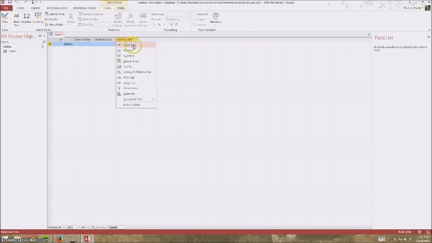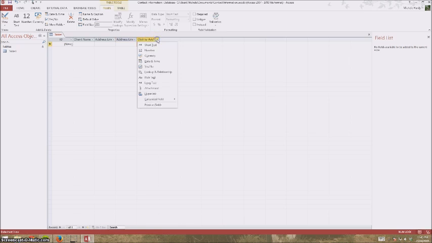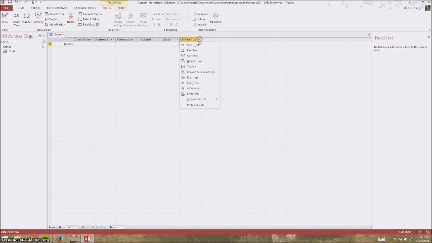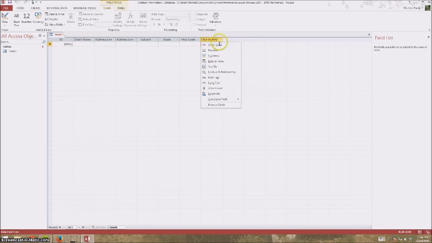Just tab, short text, address line 2, or I can just use my mouse, click, short text, suburb, short text, state, short text, postcode, short text,